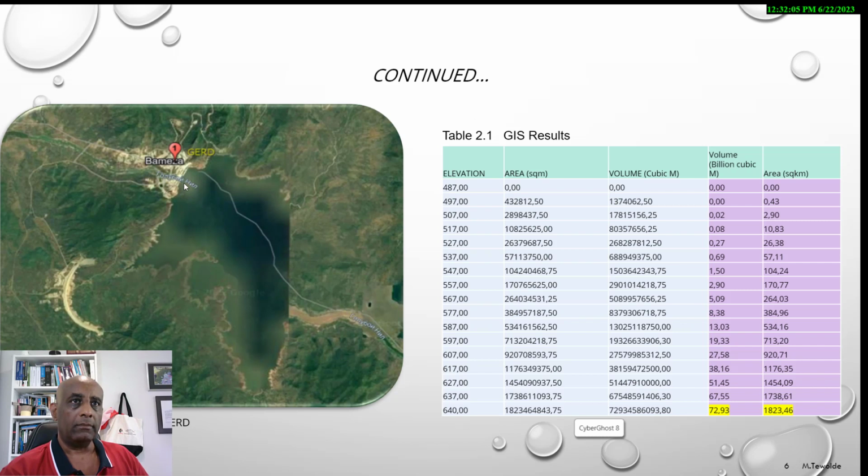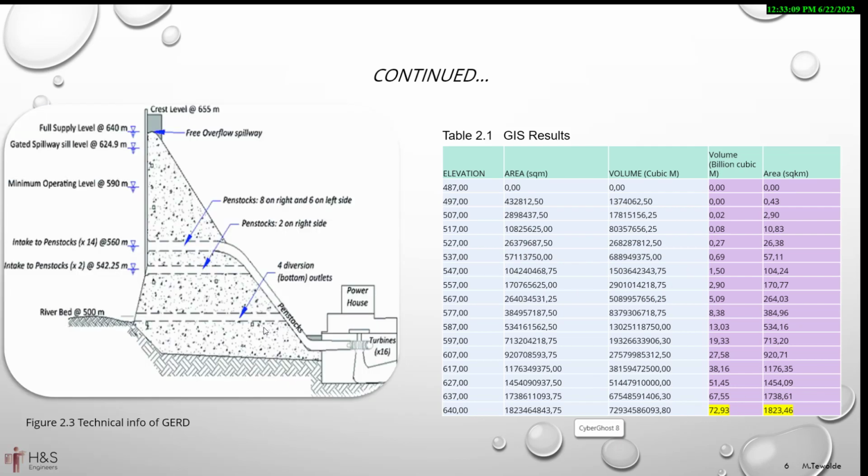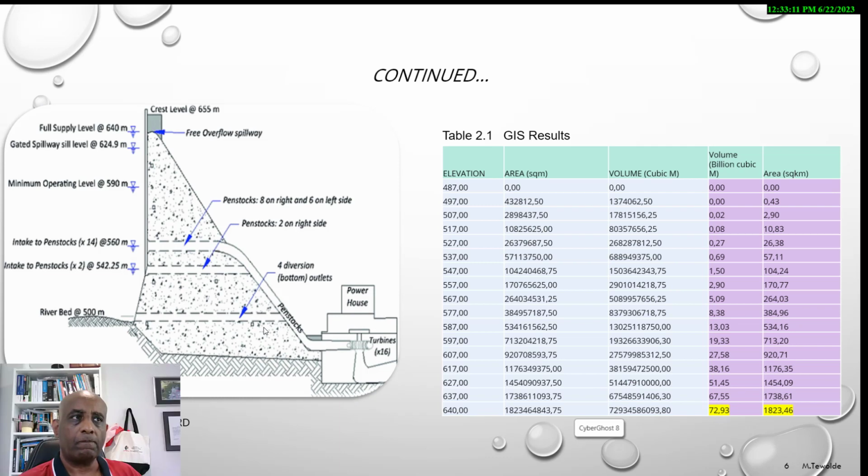And this is the dam, and this is the result I found from the GIS. Volume. This is the maximum volume face area. And this is actually the elevation. You see, this is 4 diversion bottom outlets. There are 4 bottom outlets to release the water directly without block. You can't block the water completely. I mean, while